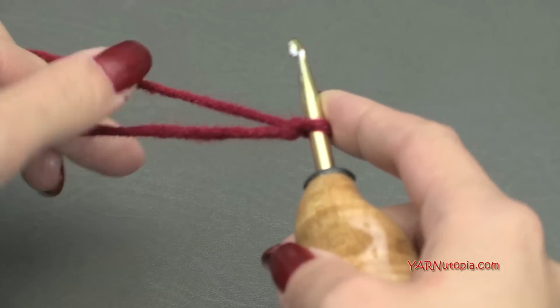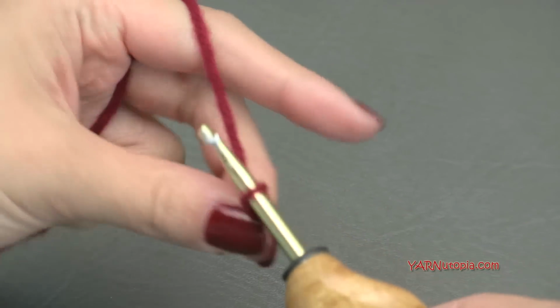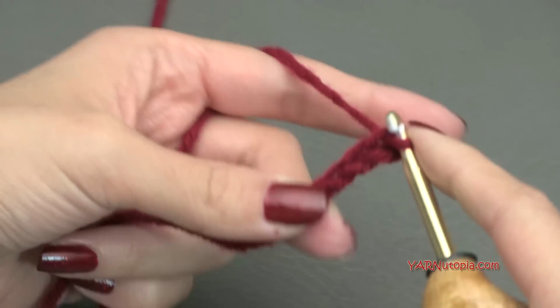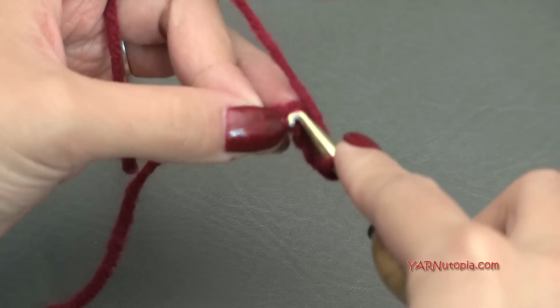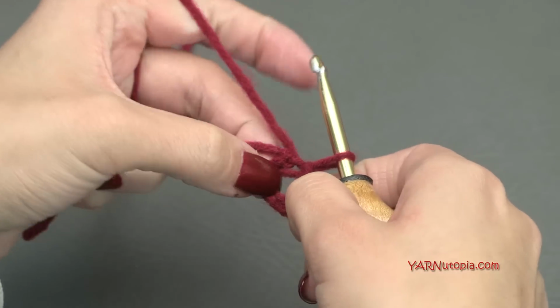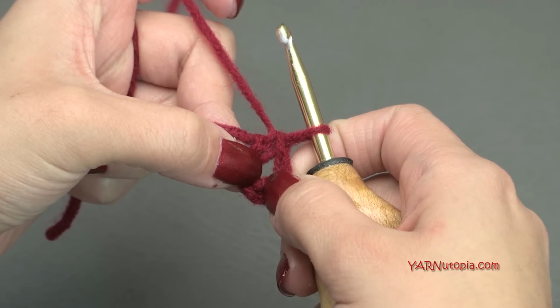So let's start out by chaining 4, so yarn over and pull through 1, 2, 3, and 4, and then go all the way to the first chain that we made and make a slip stitch in there. So go in, then yarn over and pull through, and there we've created a ring that we're going to work in for round 1. If you know how to make the magic loop, you can do that as well, but